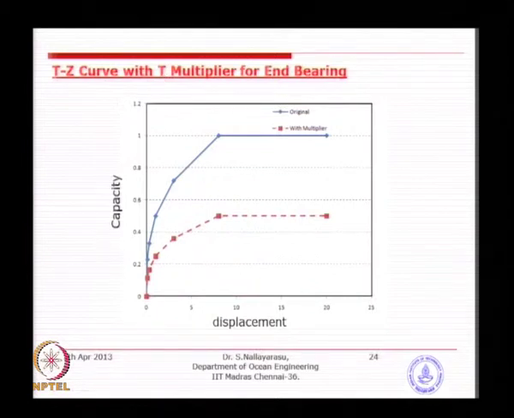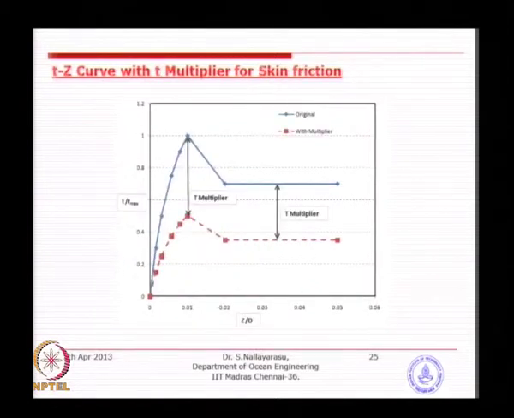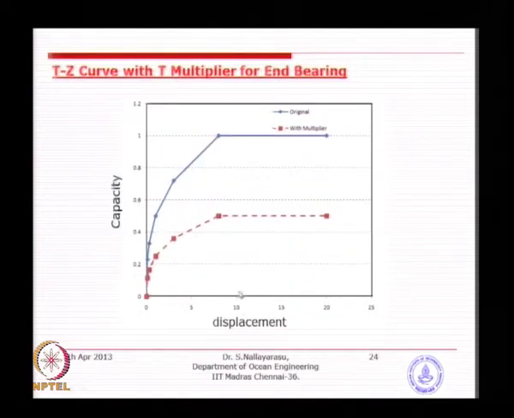If you do a Y multiplier, a z multiplier, it will not look like this, because the deflection will be more for the same capacity. So, this point will be, you have a deflection of 10 or maybe 8 mm for full capacity. If you apply a Y multiplier, the deflection will be more, but the capacity is the same. So, either way you can deal with it. Most of the time in practice we use a T multiplier.